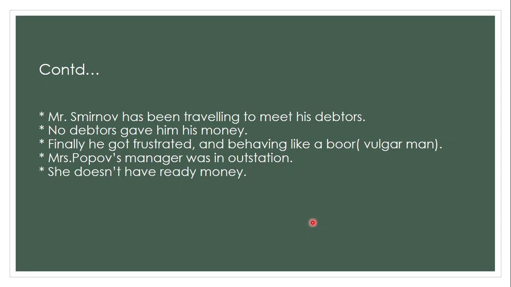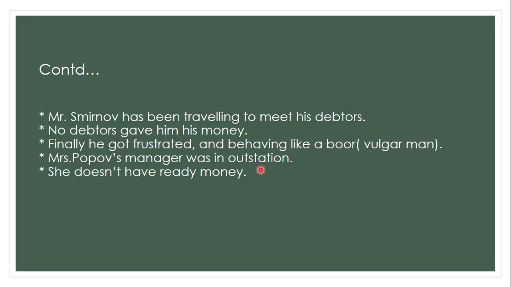Mr. Smirnov has been traveling to meet his debtors. No debtors gave him his money. Finally, he got frustrated and behaved like a boor. What is boor? The meaning of boor is vulgar man. Looks vulgar. Mrs. Popov's manager, steward, there are many words in the play,